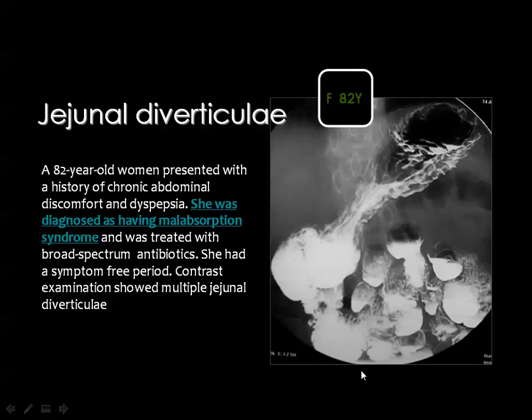This film from this series of the barium meal follow through shows multiple sizable diverticuli in the proximal jejunal loop, and you know that diverticuli may lead to malabsorption because of the accumulation of food and fermentation within the gut,